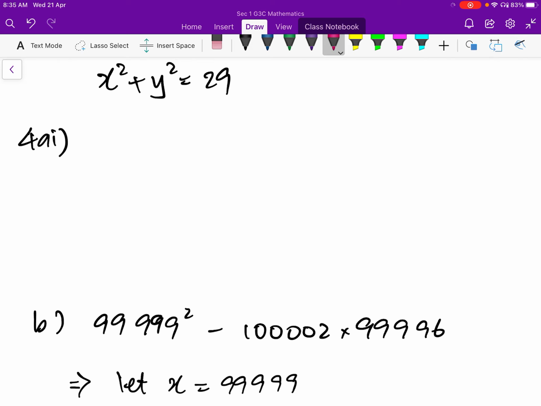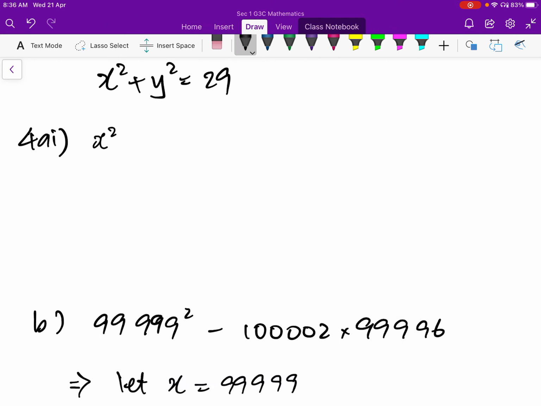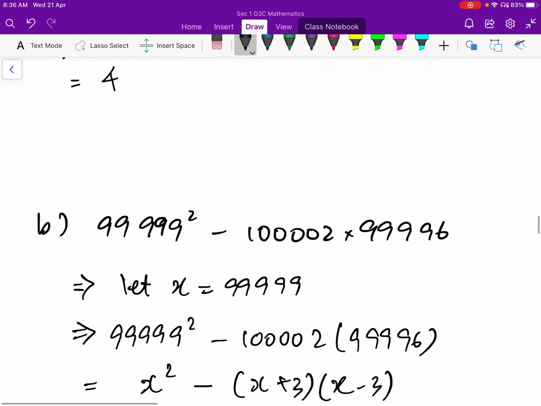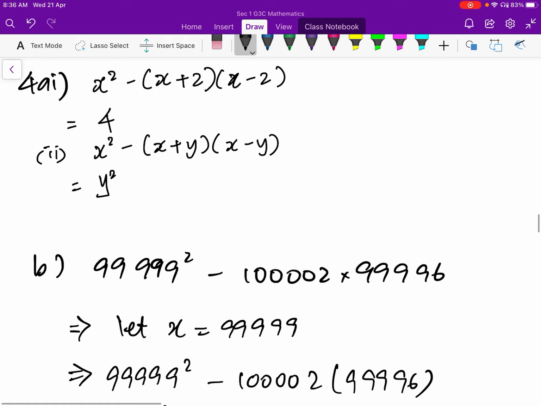In part A, x squared minus x plus 2, x minus 2, we found that this was the same as simply 4. Okay, then in part 2, we found that x squared minus x plus y, x minus y was simply equal to y squared. That was the result. Then we do a comparison. x squared with our